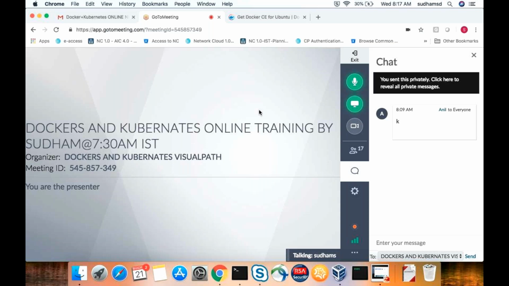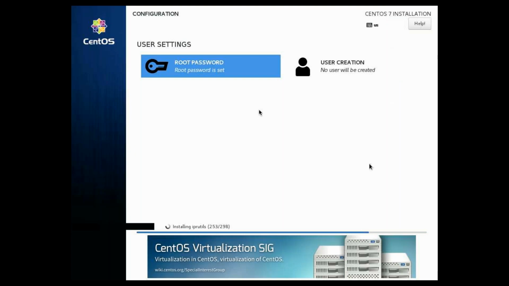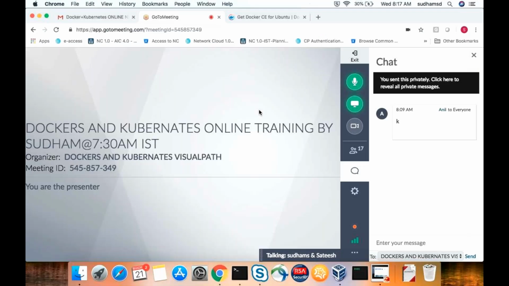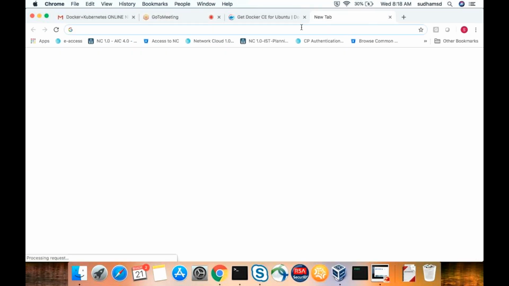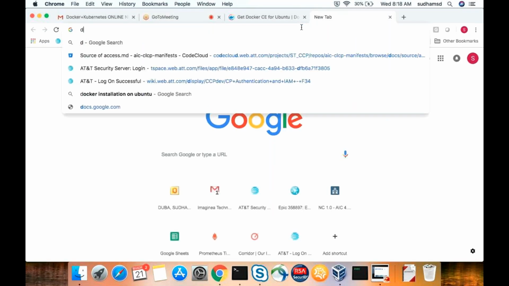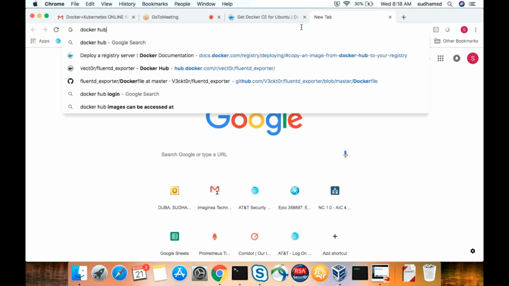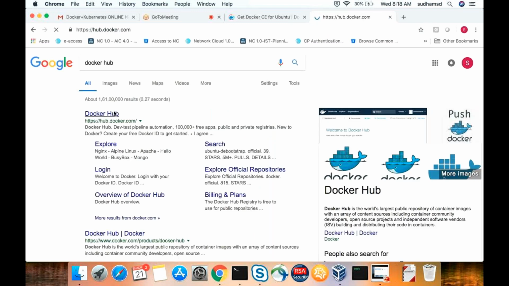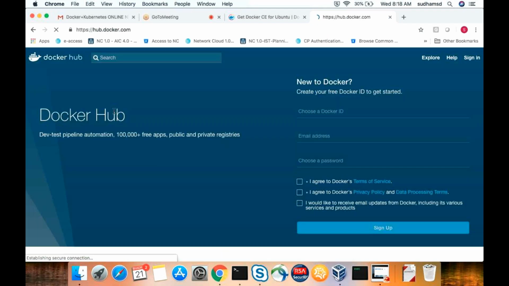So Docker Hub, we need to create again separately, or how? No, it's already available. It is maintained by the Docker team itself. So we need to create an account and we can use it. I will show you. Docker Hub is called a repository, like a central repository, like how we use Git and GitHub. In the same way.